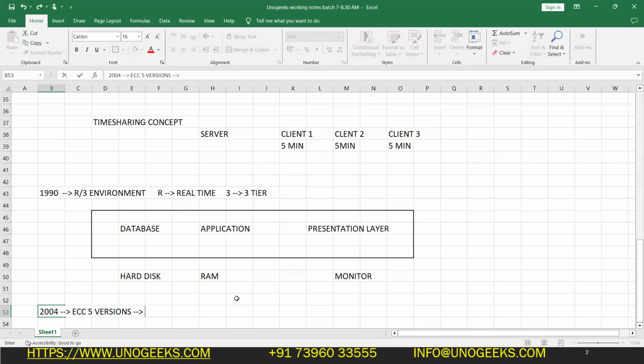ECC stands for Enterprise Central Component. In 2004, SAP came up with ECC 5. So what is the difference? Even though this is working on the R3 environment only,